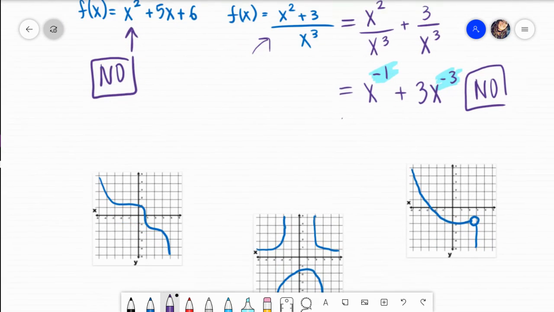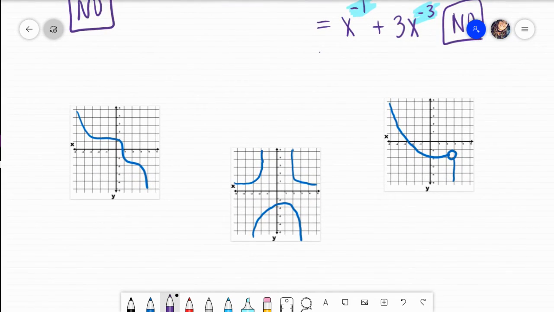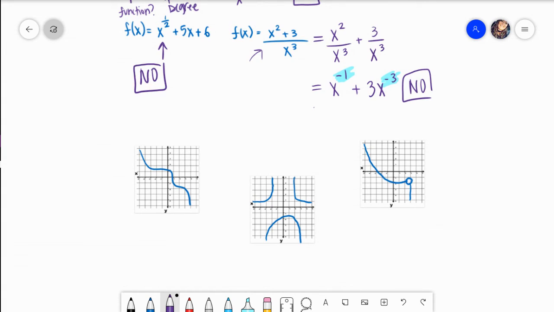Okay, so it could show you some graphs, and it would ask you if they're functions. The way we know if a graph of a polynomial is a function is if it's smooth and continuous. Smooth meaning there are no jagged turns or sharp corners, and then continuous meaning